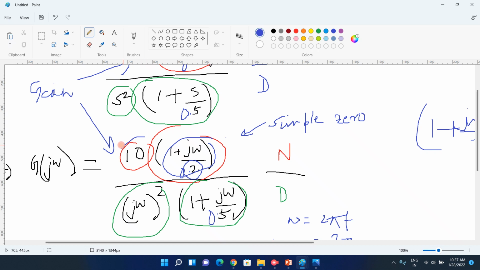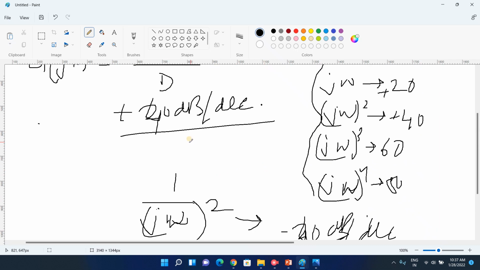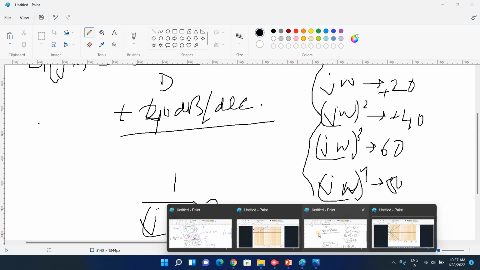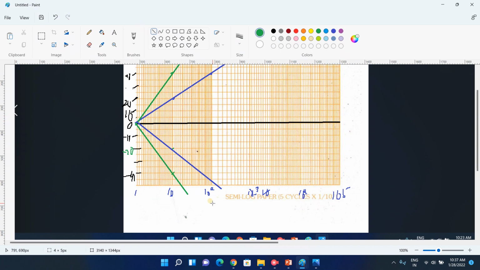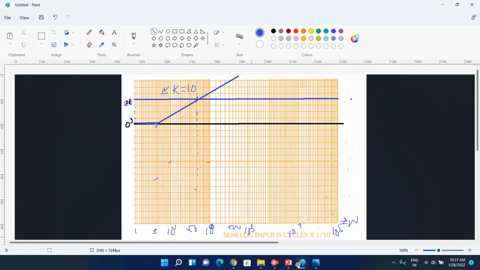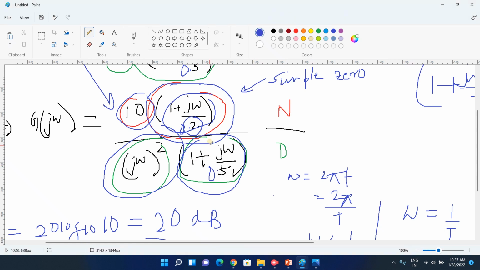Understood up to this? Have you understood that how to plot the gain and then the simple 0 and 0 at the origin, 0 at the pole? Same process will be followed for this term. 1 by ये तो समझ में आ गया. अभी j ओमेगा स्क्वायर कैसे होगा? माइनस 20 dB पर डेकेड होगा।